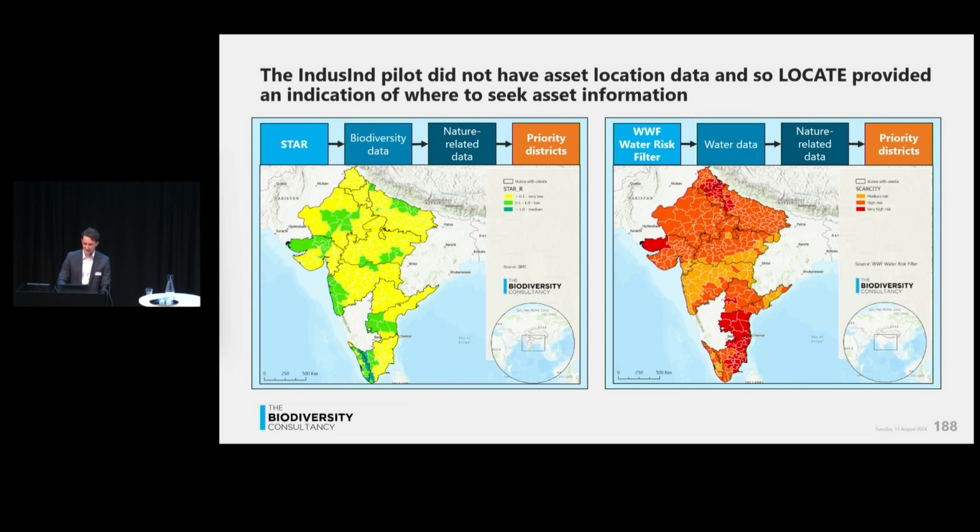And this, in essence, enables IndusInd to understand that the only company information they had on those they were lending to was the headquarters of that company, or the primary office. It's just the head office. That might be where the company operates, but who knows? So that's in terms of locate, that's as far as it's able to go, but that gives you an idea of what priority districts might be in terms of the operations of companies within certain sectors,